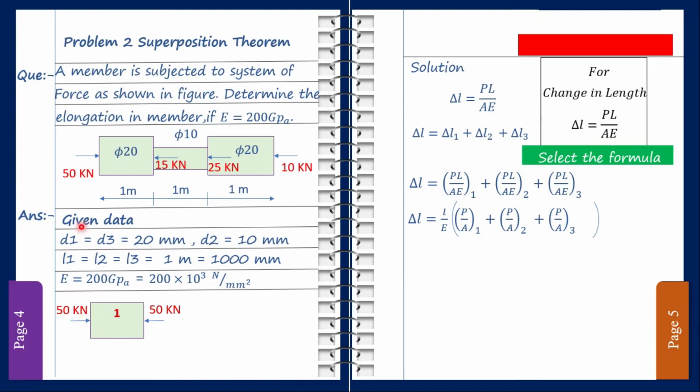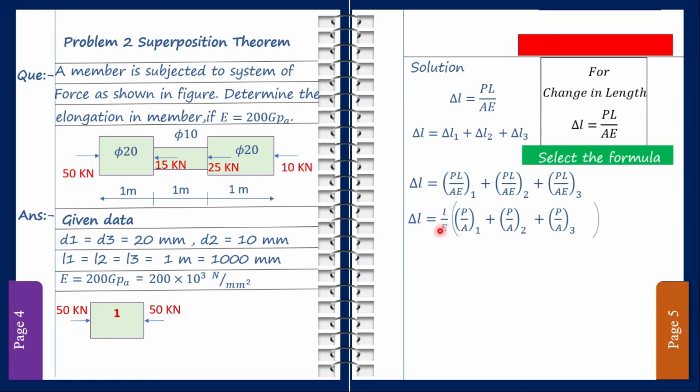As we have seen, the first section is subjected to a 50 kilonewton load and a 15 kilonewton load. So we are considering the leftmost portion of the member that is subjected to a 50 kilonewton load, which is compressive in nature. We will balance that force like this: 50 kilonewton in this direction and 50 also in this direction. So this is my first value of load, that is P1 is equal to 50 into 10 raised to power